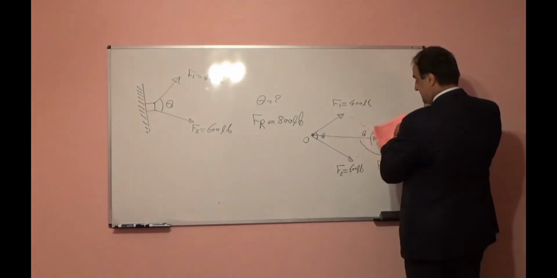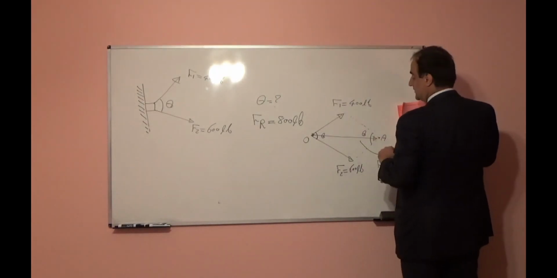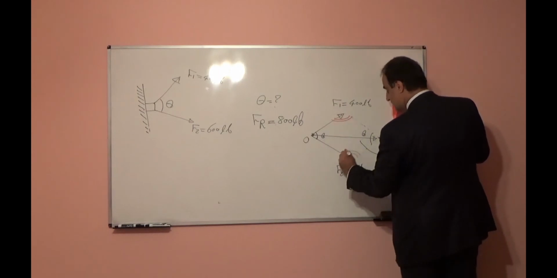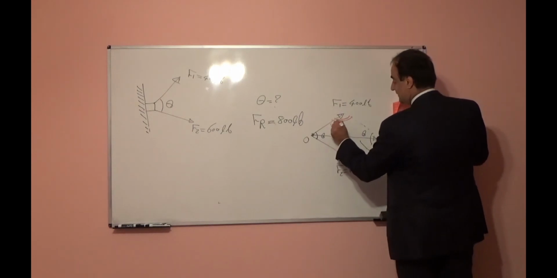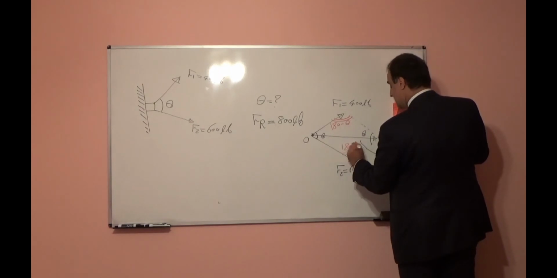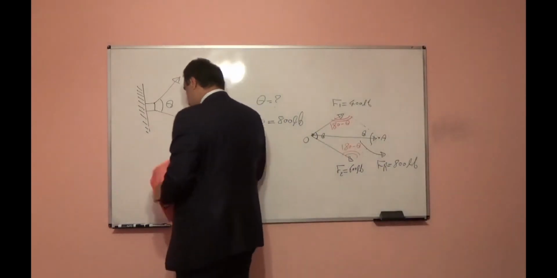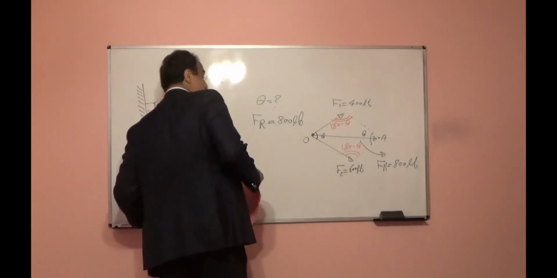These two angles in the parallelogram should be equal, and these two angles will be equal, and each one will be 180 minus theta, because in a parallelogram the summation of all angles should be equal